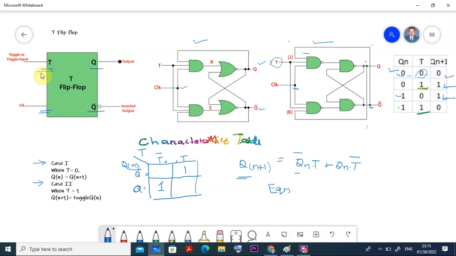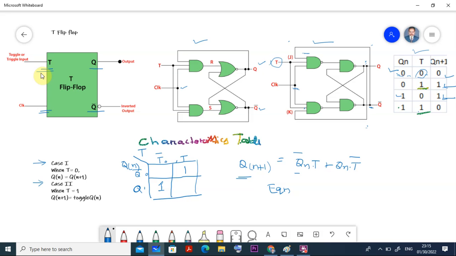The output of this one is provided as input here, and the output of this one is provided as input here. Okay, this is the only thing, because if you are using all NAND gates or NOR gates, it is the same thing, because previously it was JK, and when I connect this way it becomes KJ. Whatever it may be, we don't have any JK concept here. Only the toggle value I provided here, and the same value is provided here, right? So from this we will be able to find the truth table.